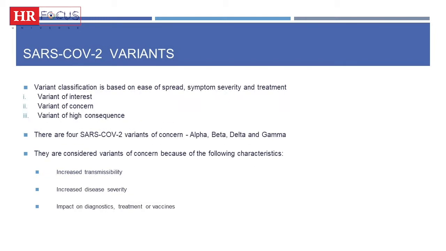So WHO classified these COVID variants into 3 groups: variants of interest, variants of concern, and variants of high consequence. Thankfully, we don't have any variant of high consequence yet because our resources seem to be curbing the situation. The vaccines that we have now are able to protect us against all the COVID variants, and it's actually safe to use. So currently, we have 4 variants of concern: the Alpha, Beta, Delta, and Gamma. And currently in Ghana, we have the Delta variants.